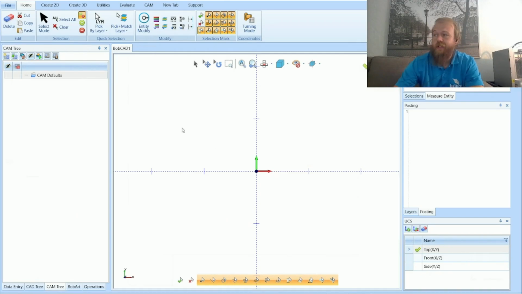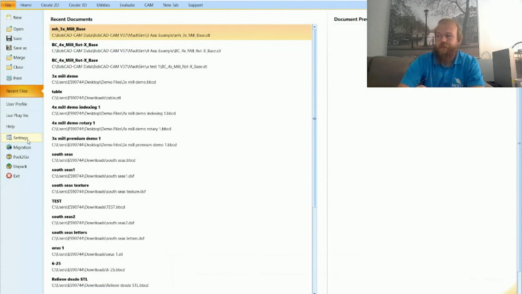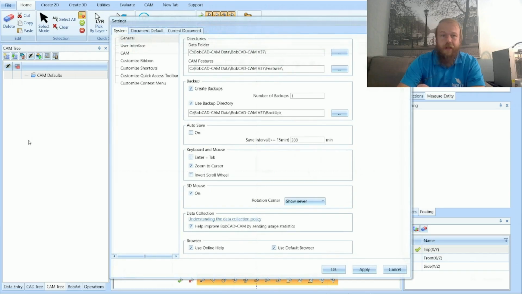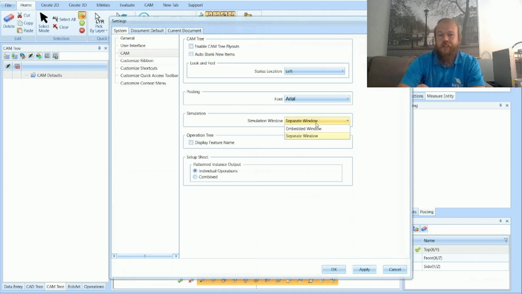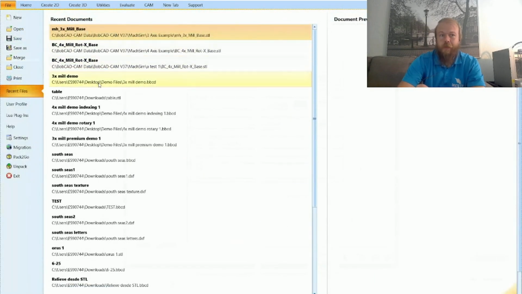One other thing in the software program that could be useful for simulation is popping the simulation out to a separate window instead of the older way of opening it in the embedded version here. To do that, you go to File and you go to Settings. On the left-hand side, you'll click on CAM, and you'll change the simulation from an embedded window to a separate window. Then when you hit Apply and OK, I'm going to open up a part file